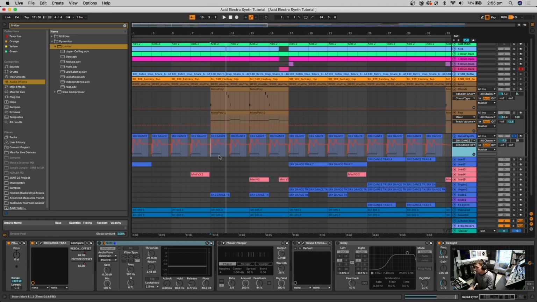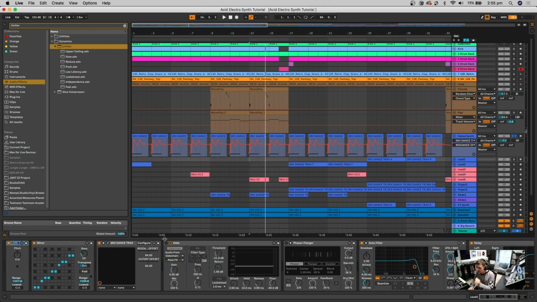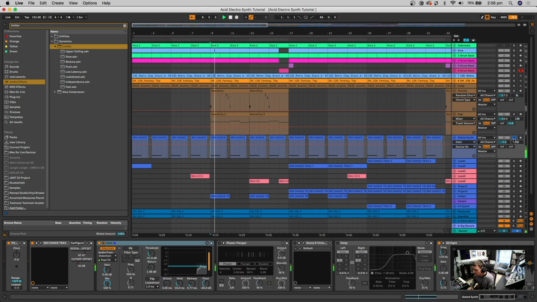If you look at the automation, I've got some automation happening with both the cutoff and the resonance of the filter. So you'll hear that if I play it. And that happens each time, just to give it a bit of movement. And then if we add this gate on,